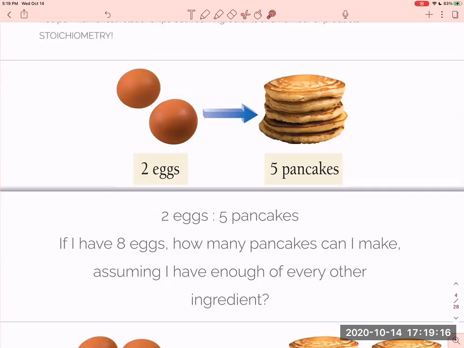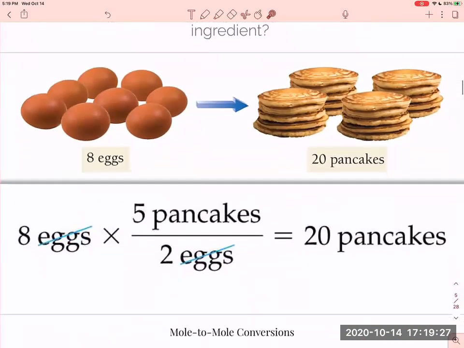We do this math all the time. So you can think about what's the relationship between 2 eggs and 5 pancakes, and how can I make that the relationship between 8 eggs and X number of pancakes. Now, you know that I'm going to tell you how to do these conversions with dimensional analysis, and that's really what I want to see in this class, y'all. So in this introductory chemistry class, I really need to see you solving the problem using dimensional analysis, because it's the way in chemistry that we track our work, that we show we know what we're talking about. Just doing some mental math, some ratio math, it can give me the right answer, but it really doesn't show that I understand the chemical